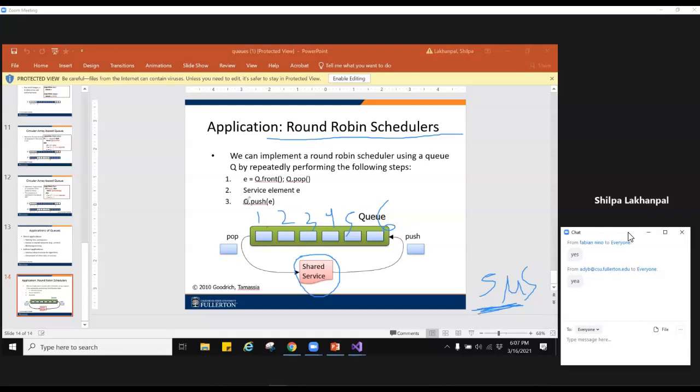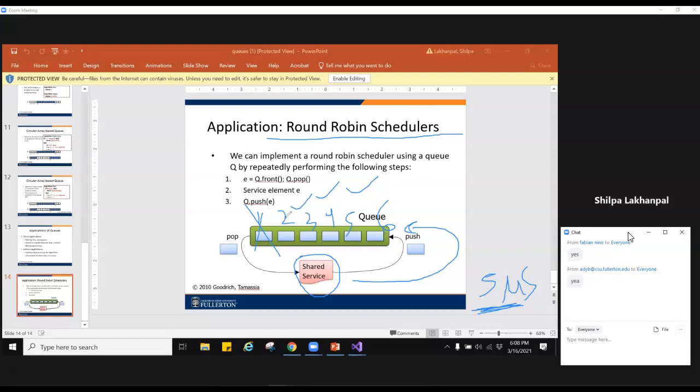That means that each process is only going to get, for example, 5 microseconds, not more than that. So the first process came in over here, so it will be removed from the queue. It will be given 5 microseconds in the CPU. Then it will be removed from the CPU and set to get back in line so it can get its turn again. That way, process number 1 does not get the CPU forever, and other processes which are waiting in line also get their time. So it's a very fair scheduler.